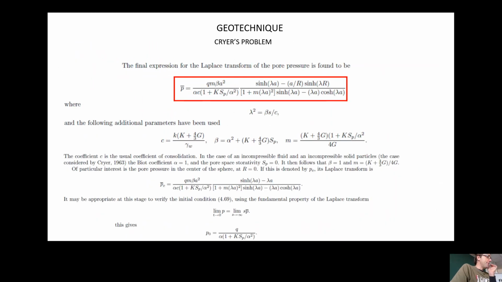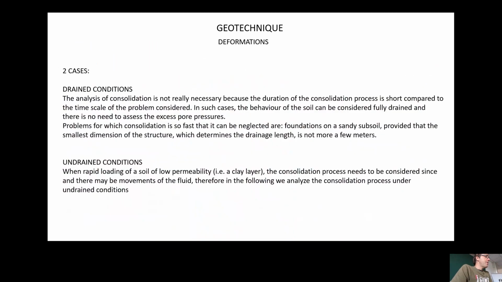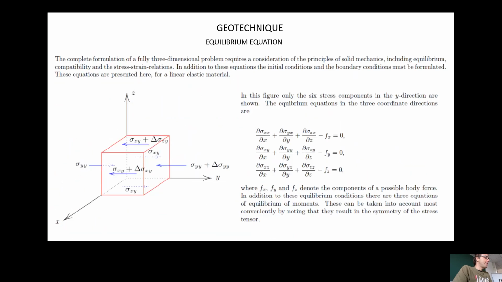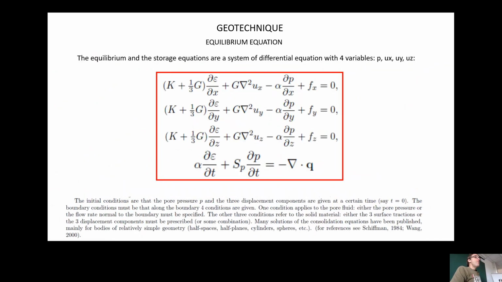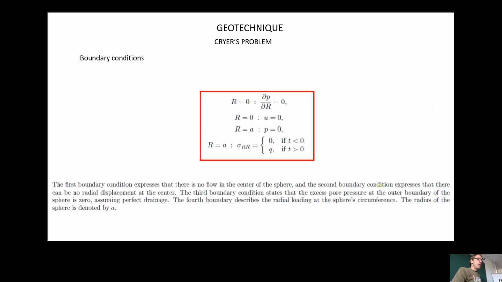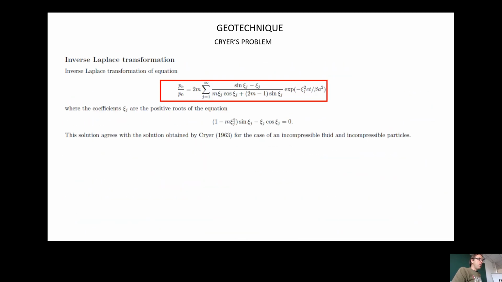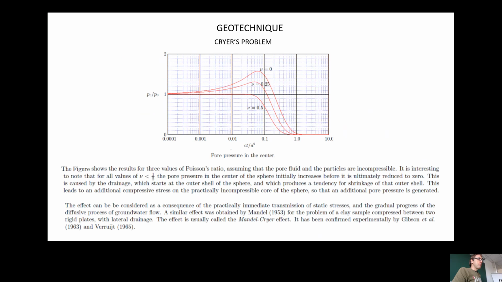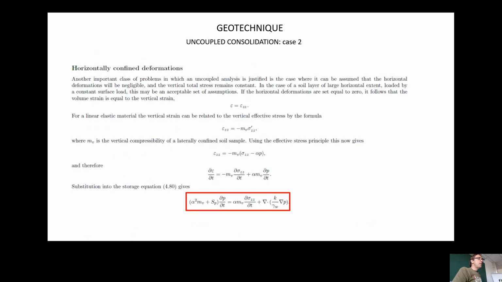If we go back, the deformation along this axis and this axis are considered 0, and therefore we can consider that for a linear elastic material, the vertical strain may be related to the vertical effective stress. So not only can we write that the volume strain is equal to the vertical strain because all the others are 0,